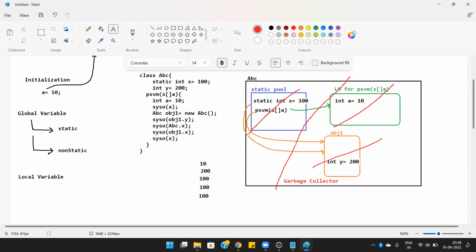Clear? Any questions for anyone? Sir, garbage collector, once repeat, sir. So that is now